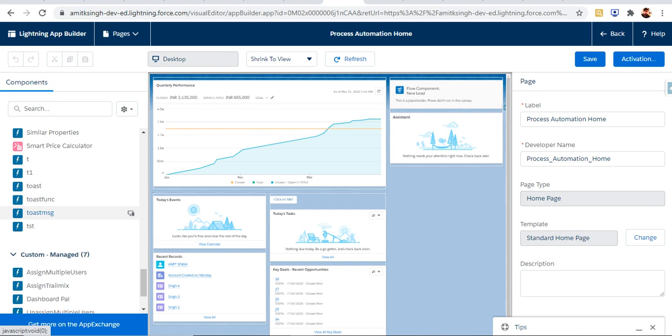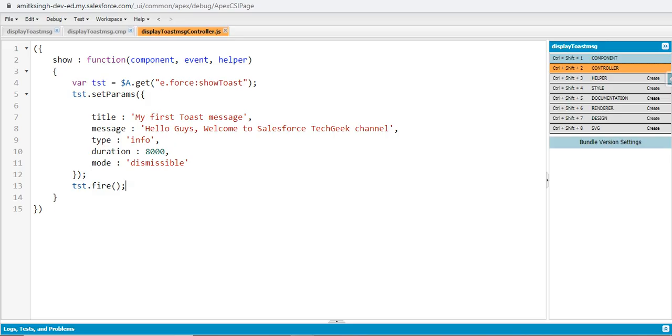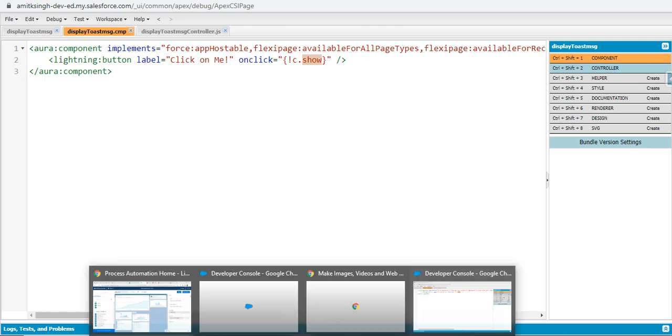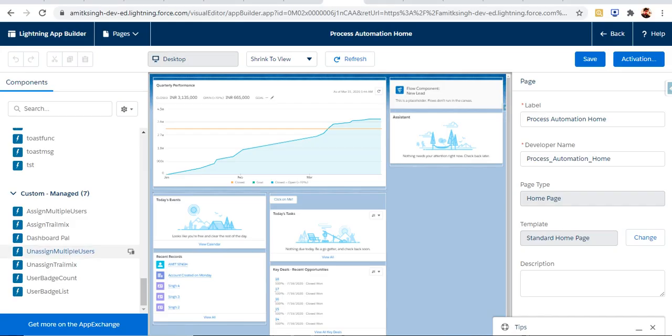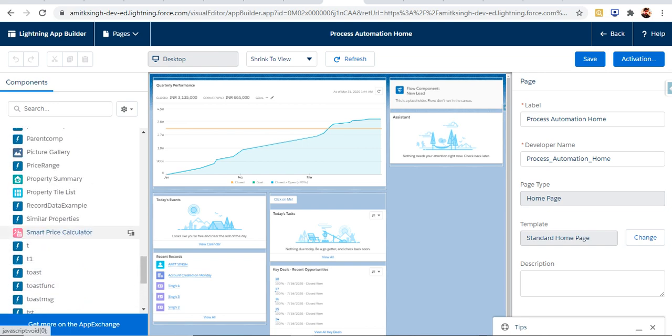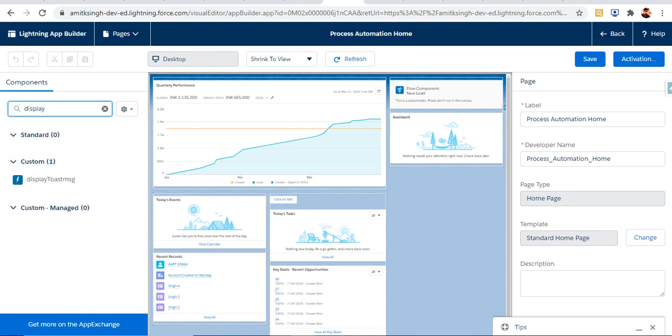Toast message is getting displayed, so I forgot the name which I have taken, so I just need to navigate to my page, and the page name is display toast msg. If you are not able to find your lightning component page name, you can also search it from here. So you can see that this is being displayed here. You just have to select it and